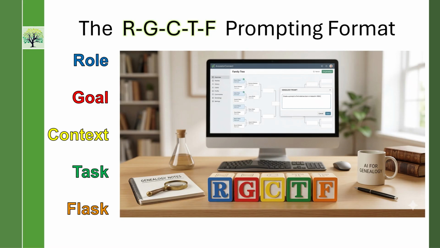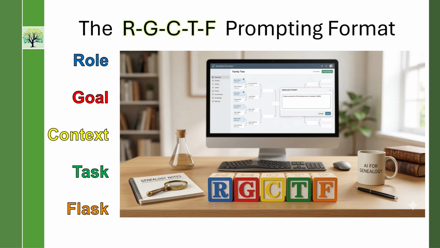Or if I want it to transcribe a document, I upload the document. Or if I want to compare documents, I upload 2 documents, or I upload 15 documents, whatever I'm trying to do. You can't break it. You can't overwork it. So upload what you want it to use as reference.